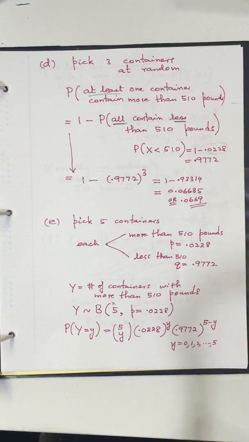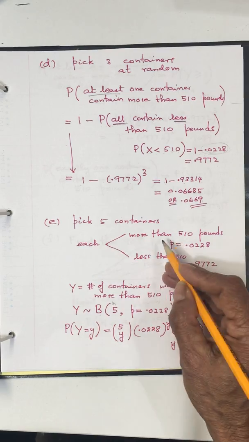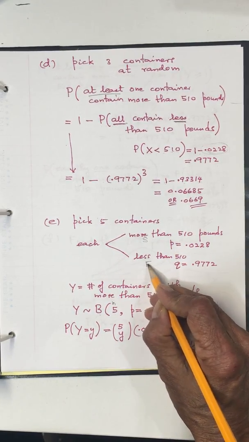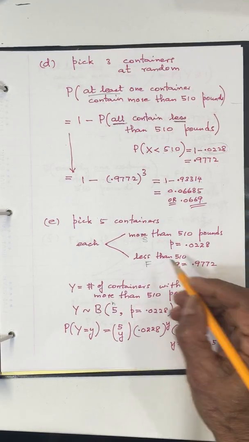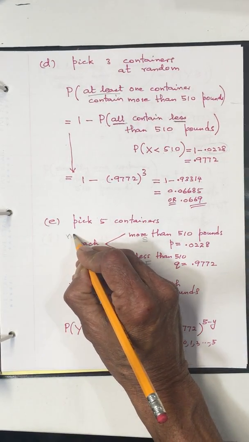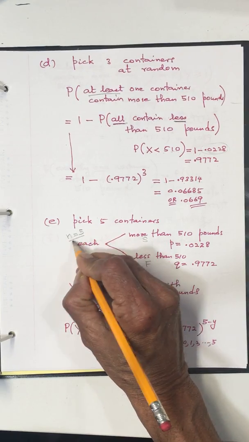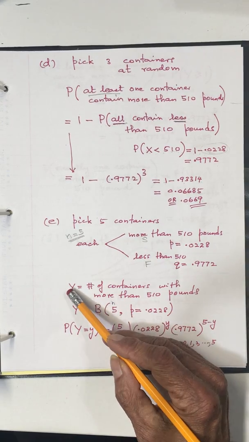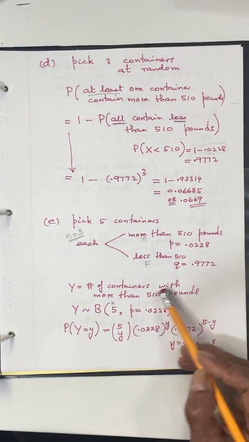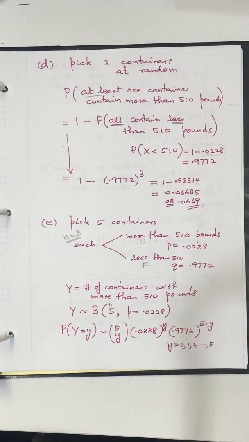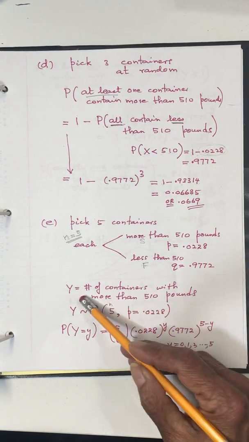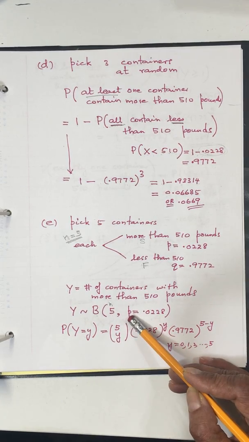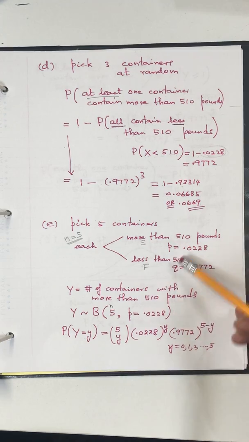So it's like the binomial setup now. Each one goes like that. P is the success and Q is the failure, if I label it like that. I'm going to pick 5 containers at random, n equal 5. If Y is the number of containers with more than 510 pounds, then Y has a binomial distribution with n equal 5, and p, the probability of success, is equal to